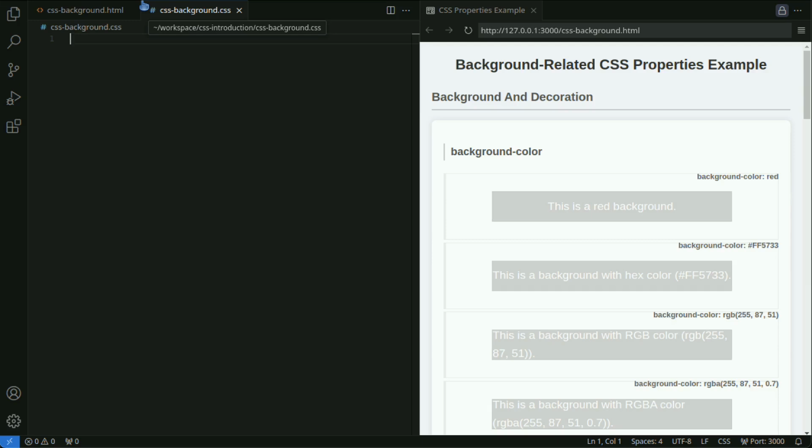On this channel, we provide useful programming information with practical code examples. This time, it's about CSS properties related to backgrounds. It includes various examples of setting background colors and images, such as using the background size property with cover or contain.